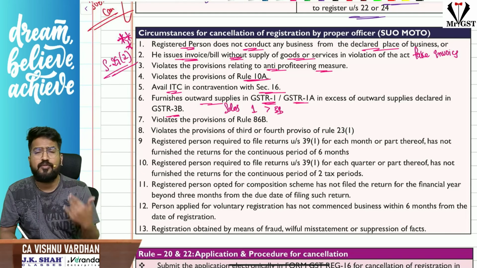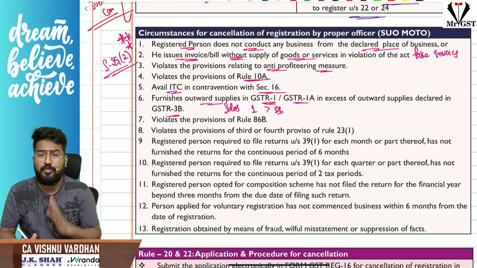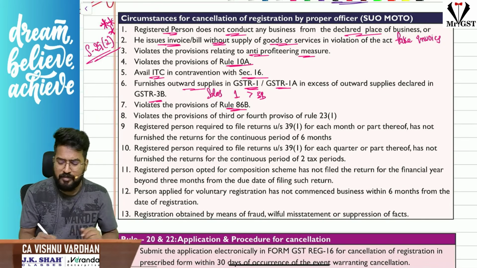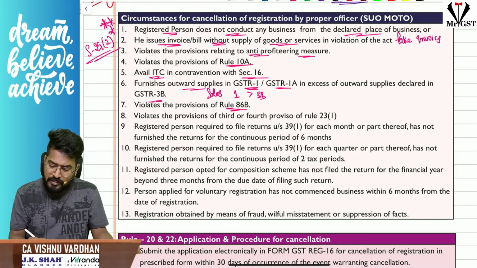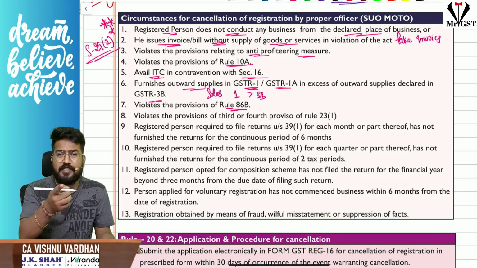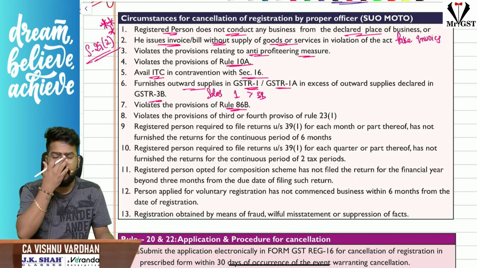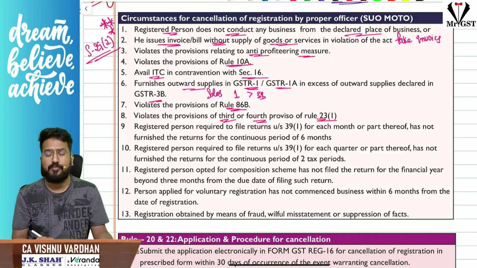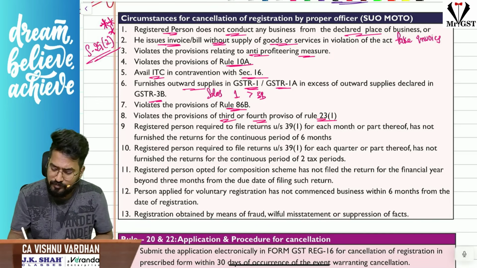Because in 1 you have to give information, you have given full information. In 3B you have to pay tax. You don't have money, so you are showing less amount. Sir, you are violating the provisions of Rule 86B, sir. Next, you are violating 86B, 1% of tax payment in cash, so that you are not doing. You are violating the third or fourth provision of Rule 23 sub Rule 1, sir. That is nothing but, see, here your